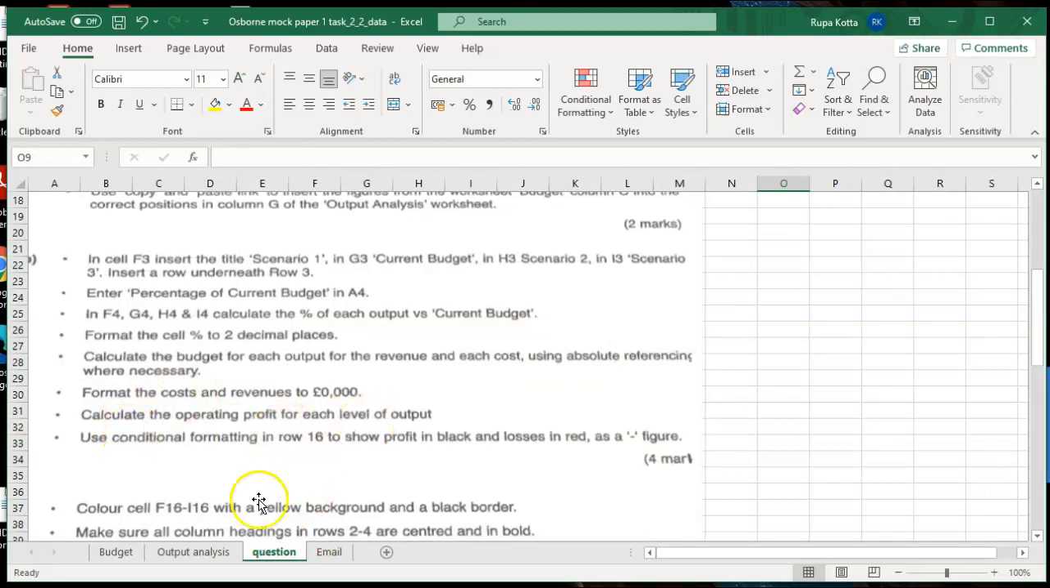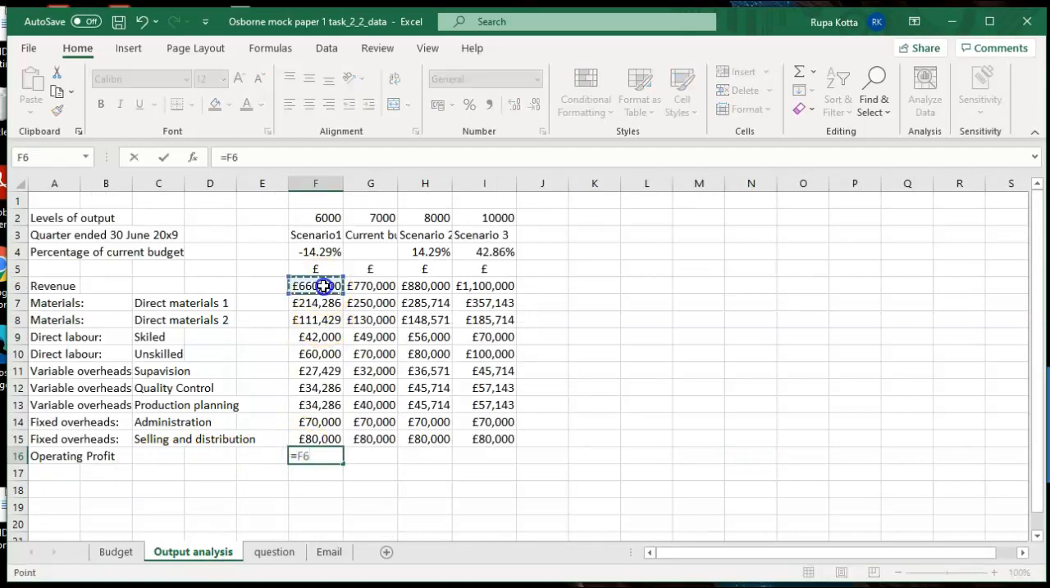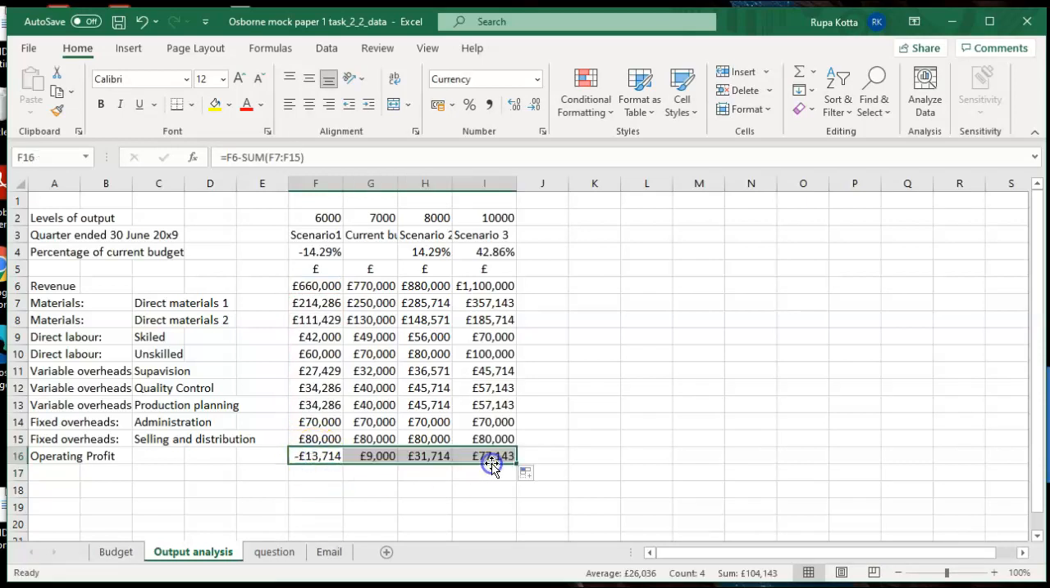Calculate the operating profit for each level of output. So operating profit is nothing but your revenue minus the sum of all your expenses. Revenue minus sum of all your expenses. So in the first scenario it's a loss because you got a minus figure, but in all the other scenarios